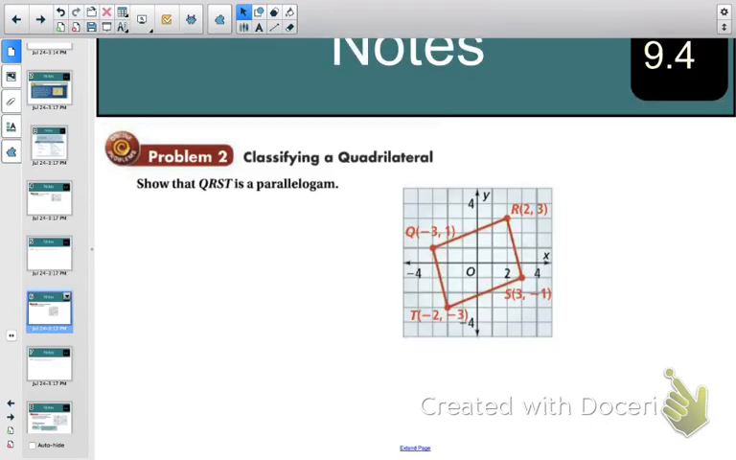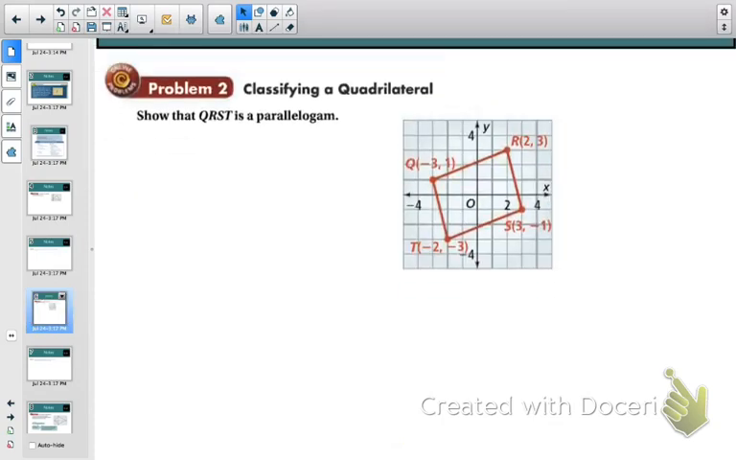Show that QRST is a parallelogram. So if we're going to show this as a parallelogram, we need to show that both pairs of opposite sides are parallel. So I need to show that this side is parallel to this side, and this side right here is parallel to this side right here. So to show two lines are parallel, we just show that the slopes are the same between the 2 points. So the slope of QR,